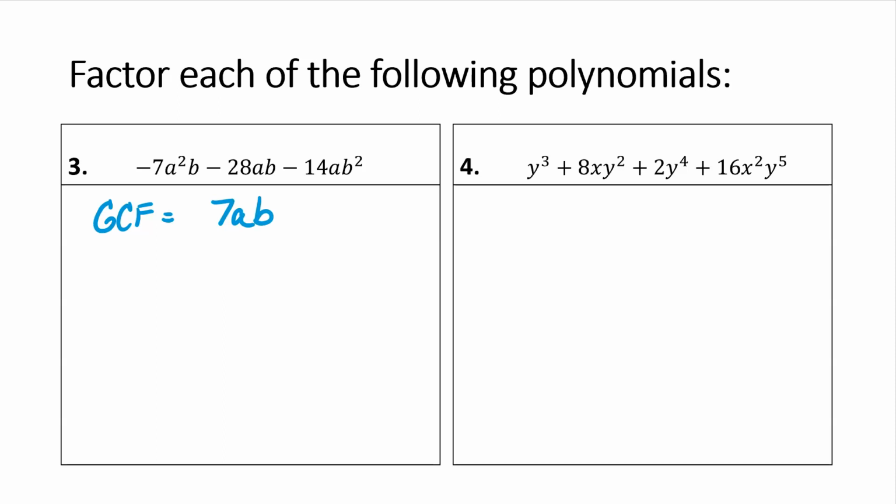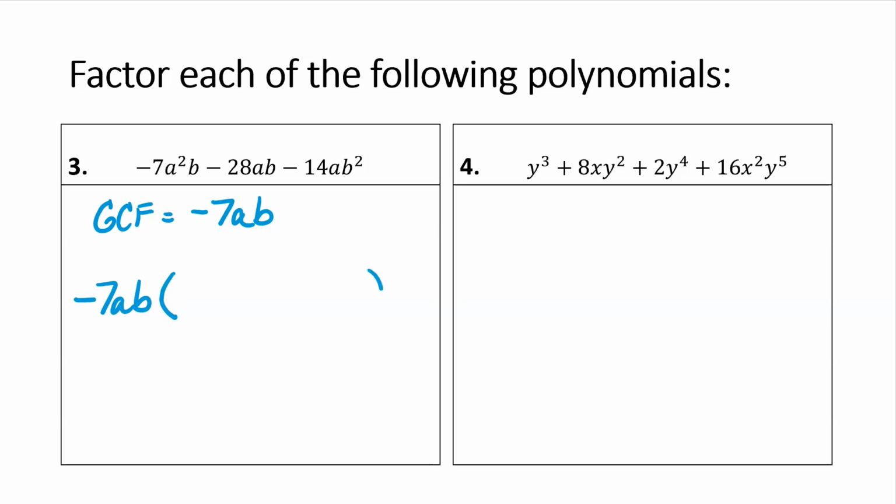What I'm going to do is put a negative sign here as well, because often you want your first term to be positive, and if the first term is negative, that can be achieved by putting a negative sign on your greatest common factor. Let's see how that works. So if our greatest common factor is negative